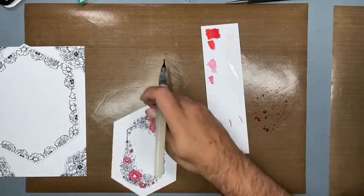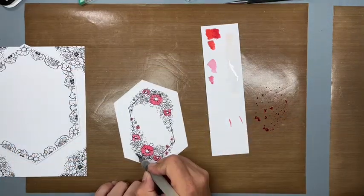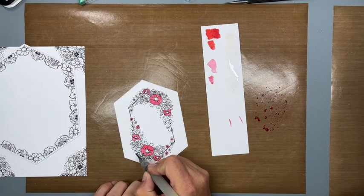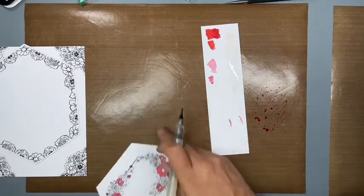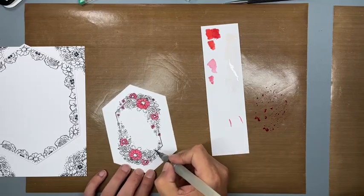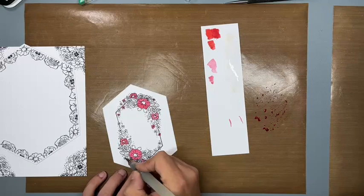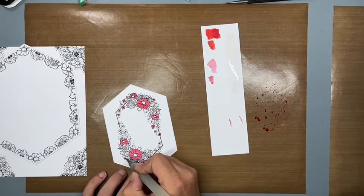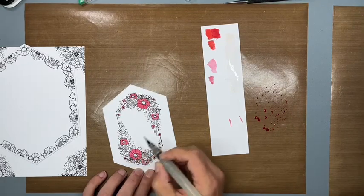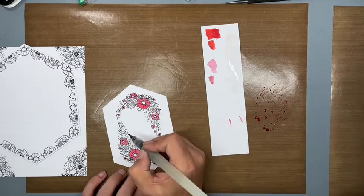And then we just flip it over. Oh, do you know what? I'm going to do this little one at the bottom that's just on its own. Flip it over. And let's do the same on this side. So I am doing it to match, but it doesn't matter whether you do or not. Not all of the frames have the same image, just so you know. It's not all the same